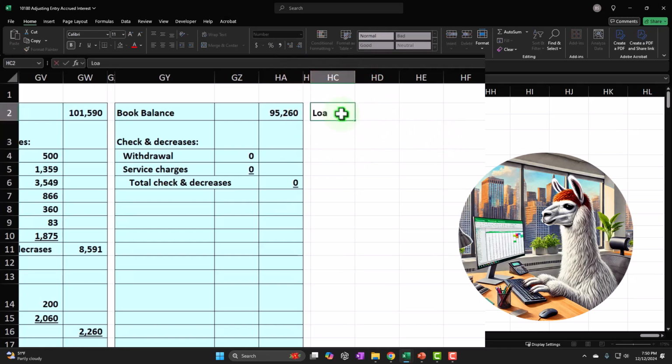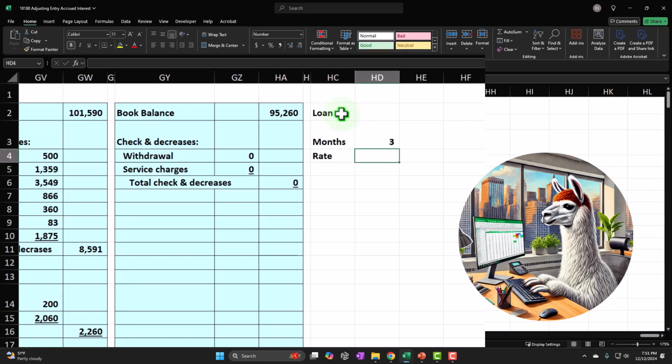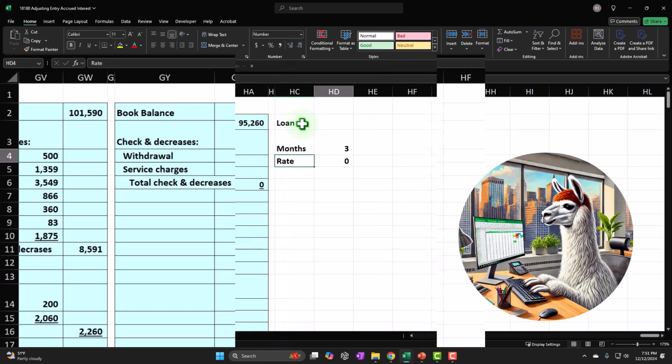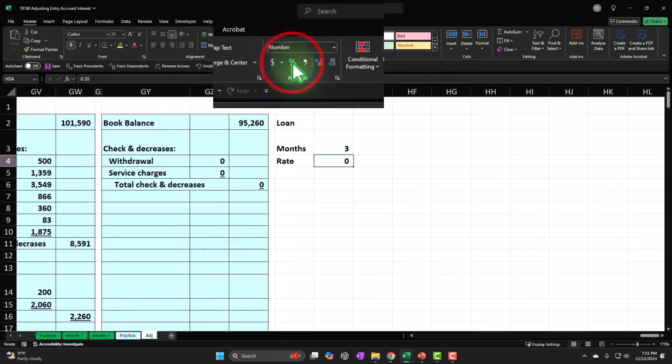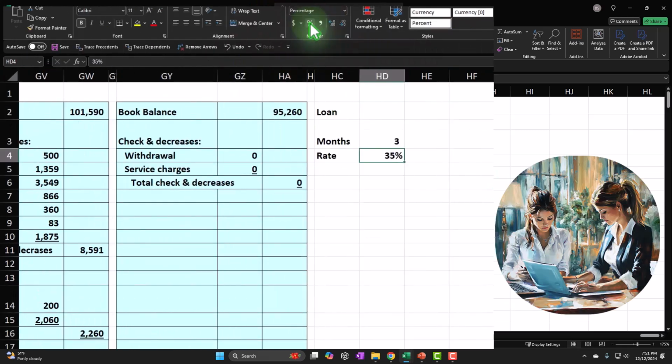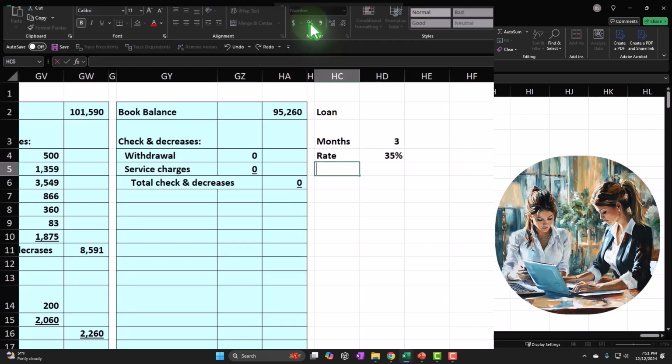It's going to be loan. I'm going to say months. This is going to be the terms of it. Months are going to be, I'm just going to say 3 months. I'm going to say the rate is an incredibly high 35% because it's such a short-term loan, and I want to make it significant so we get the idea of what is happening. And then we have the payment. And the payment, I'll do a calculation for the payment just so we can get an idea of it. Let's say the loan was for $5,000 and the payment, let's do a negative